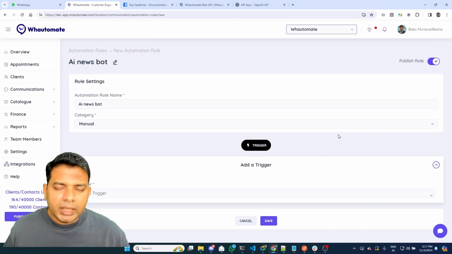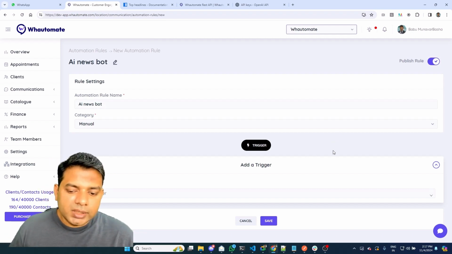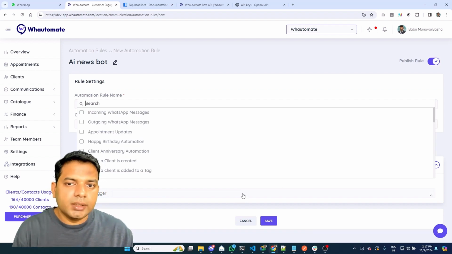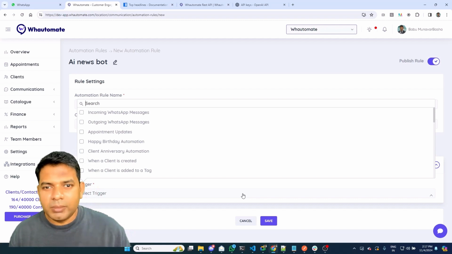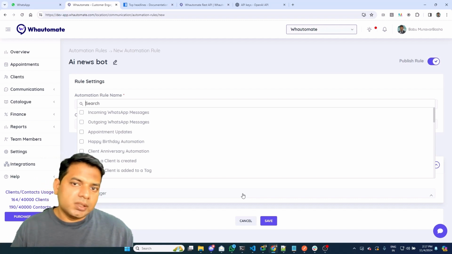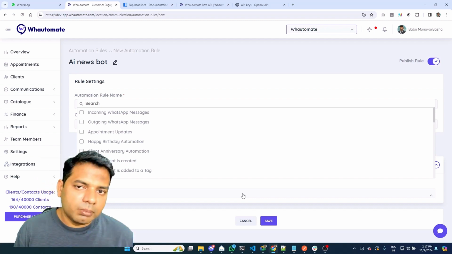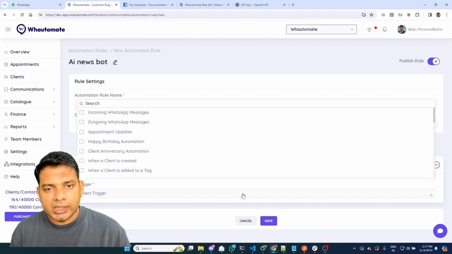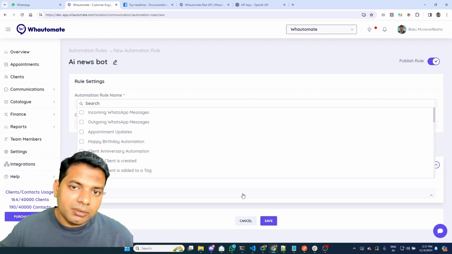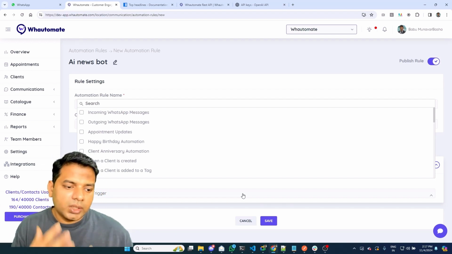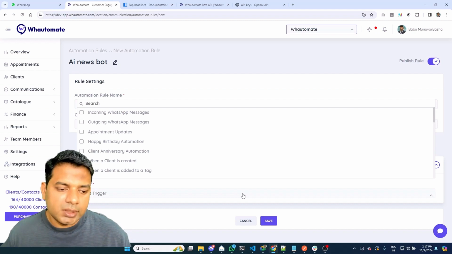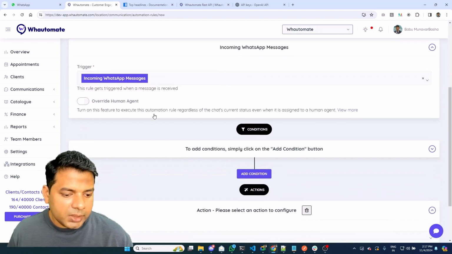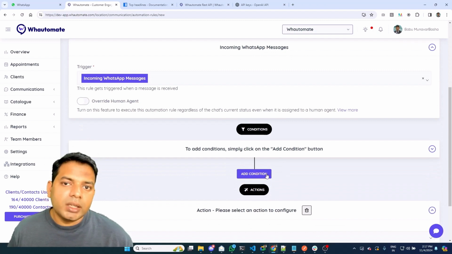The way automations work in our platform is that we have a bunch of triggers. These are events that happen within the Whautomate platform, and some of the events could be when somebody messages you on the connected number on channels like WhatsApp, then an event is triggered, which is an incoming WhatsApp message. When you are replying, another event is triggered, which is outgoing messages. And what you can do with automation is react to those events, performing actions. So I'm going to be selecting incoming WhatsApp messages,